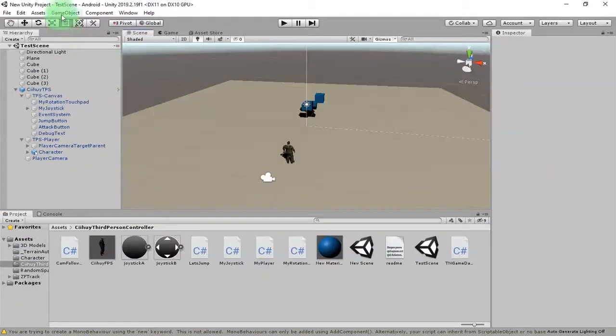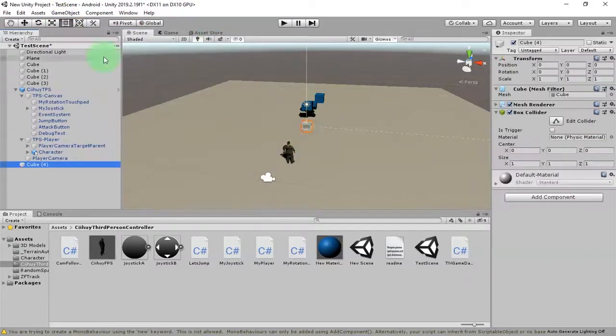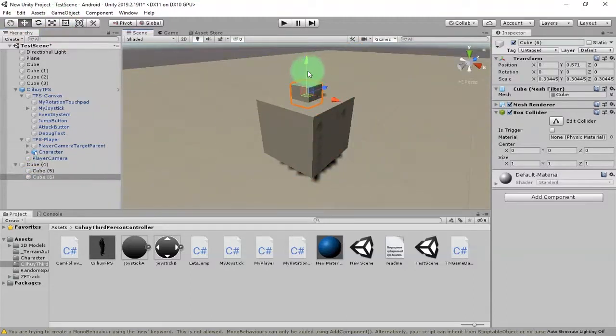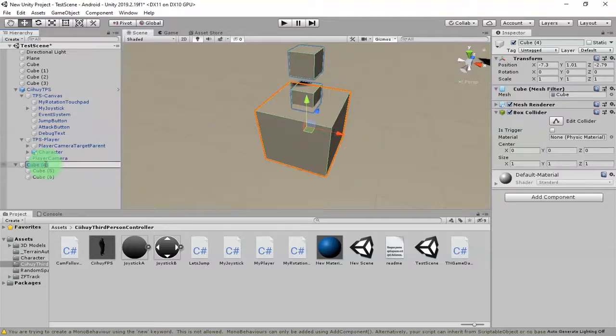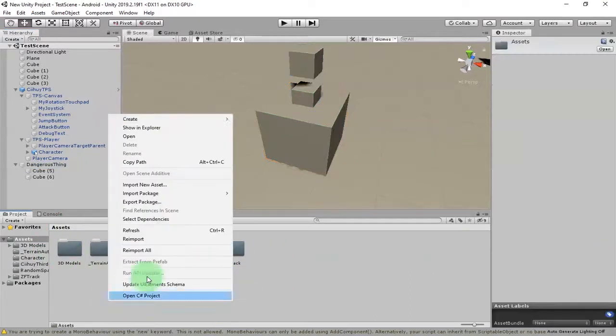I will add a cube, create a 3D object, cube. Let me make something like this. I name it, I don't know what to name it, maybe dangerous thing. What a weird name. And let me create a prefab folder here,